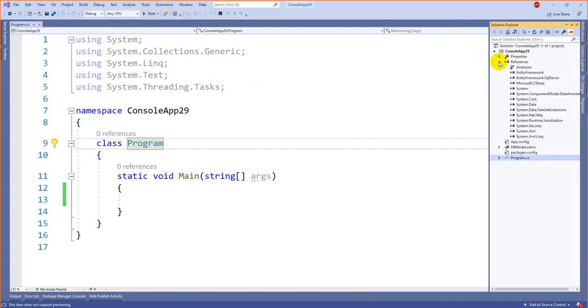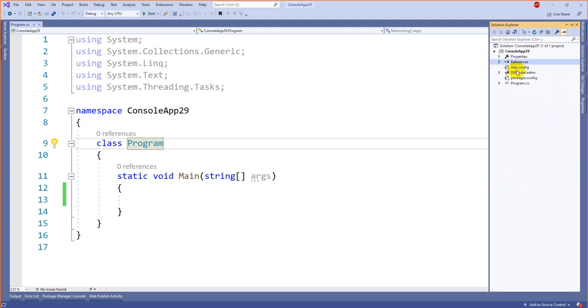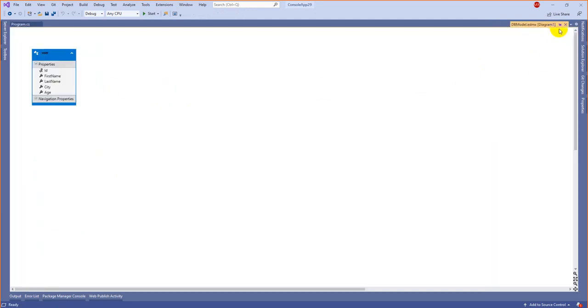Now here in the Solution Explorer, if you observe the changes that happened with the steps, under References you can see Entity Framework and Entity Framework SQL Server both are installed. Since we selected the provider type as SQL Server and we installed the Entity Framework version, these two got installed under References. Coming to this EDMX file,